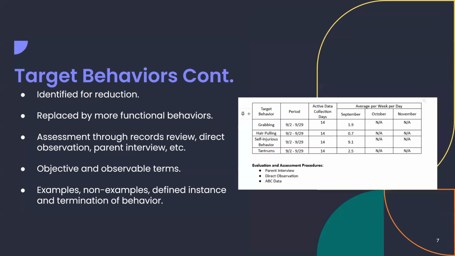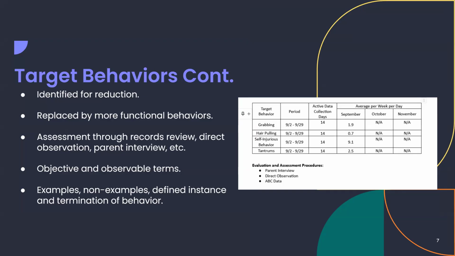And here is the table for some examples of the rates of behavior. It includes the period during which data collection occurred, how many days data collection occurred, and the average rate of behavior that occurs each day. So, for example,